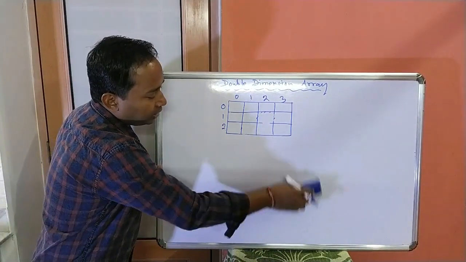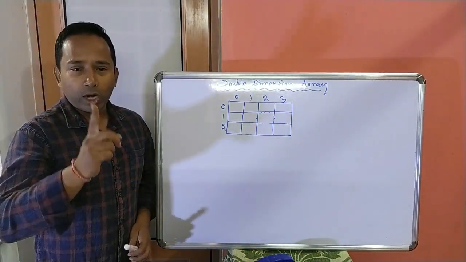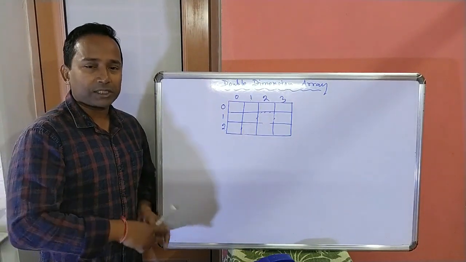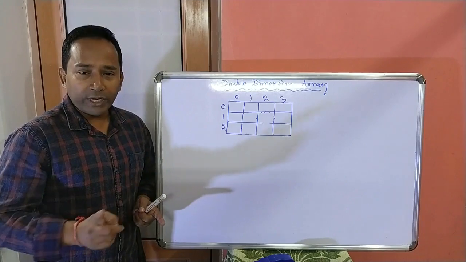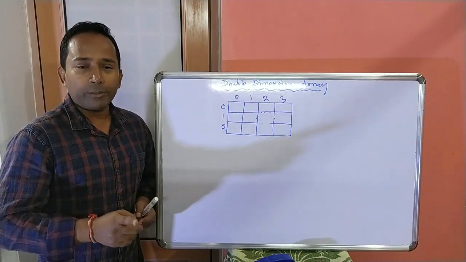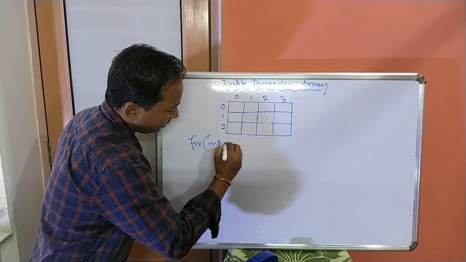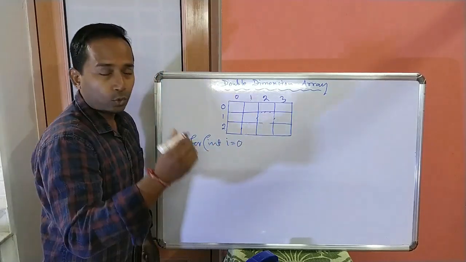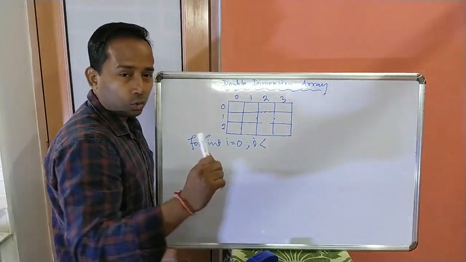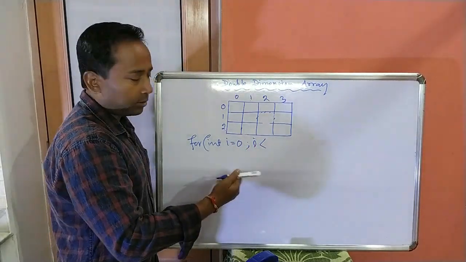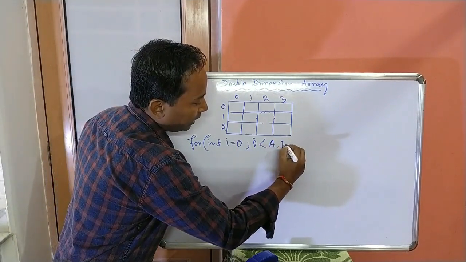Now how to manipulate a double dimension array? For a single dimension array, we need one loop to get the index number starting from the first element till the last element. Here we need 2 loops. One loop will give the row index and another loop will give the column index for a single row. First for loop, let's have a variable i to refer to the row index. Then i less than the total number of rows. If we know the total number of rows, we can specify the number. Otherwise, we will use what? Array name dot length.